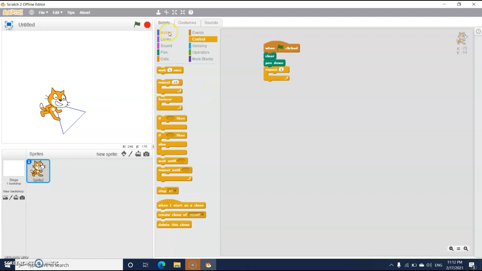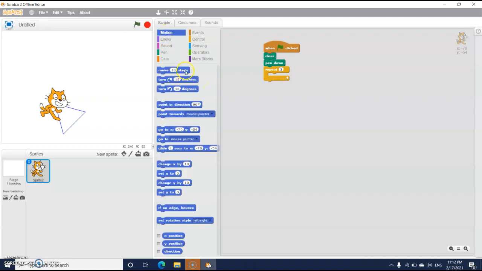We are going to move the sprite. So move how many steps? Here 100 steps. And the turn of the triangle is how much? The turn of the triangle is 120 degrees. So now run this. You are getting the triangle on the screen again. Same coding, but you can perform the same coding in 2 ways.